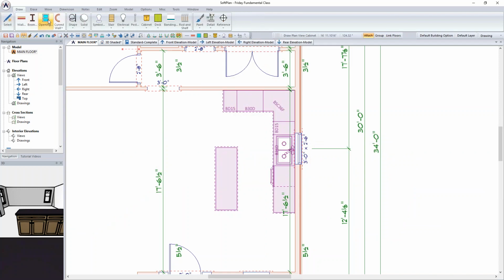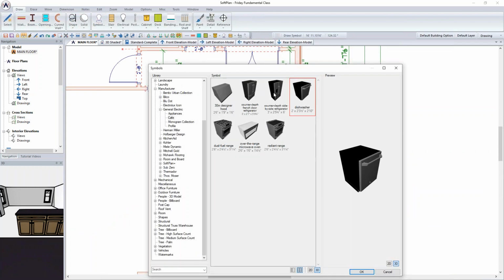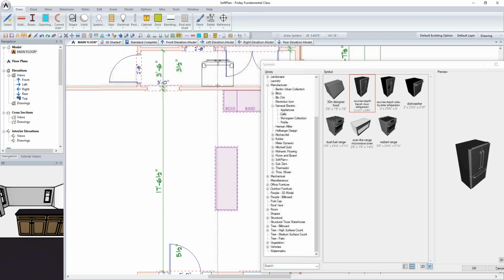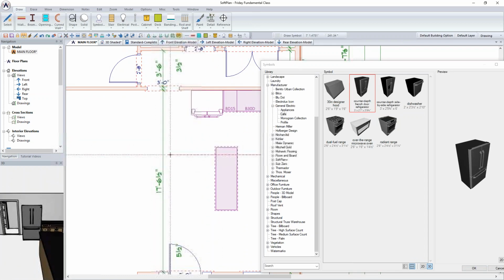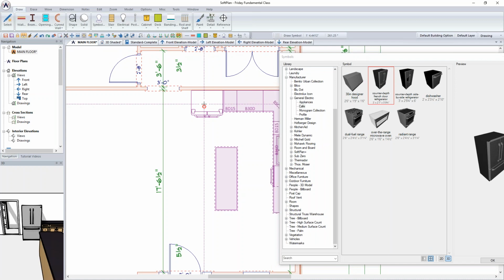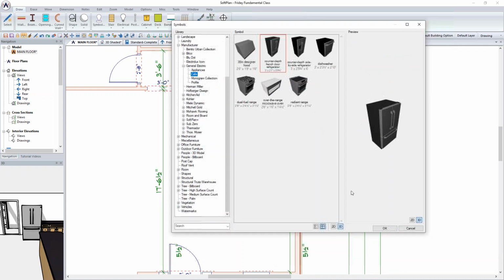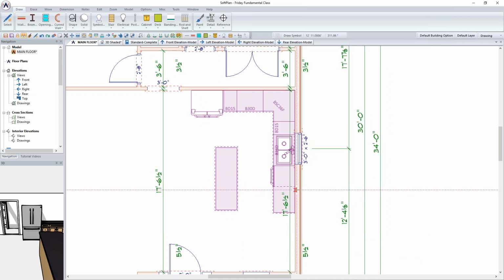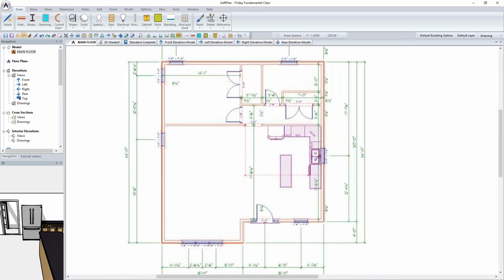Then from there, you would just simply come in through the draw symbol like you've been doing, and you would then maybe add a refrigerator. Our version 2020 allows the symbols and cabinets to snap to one another better than they ever have. They'll literally just, it's called bumping against one another, and you'll find that that's going to help with the drawing process immensely. Then again, I could add a cooktop or something in there. Based on just where we are with time,